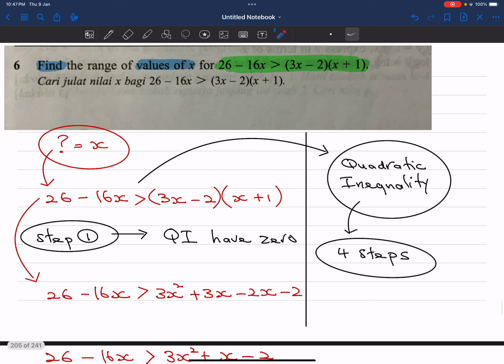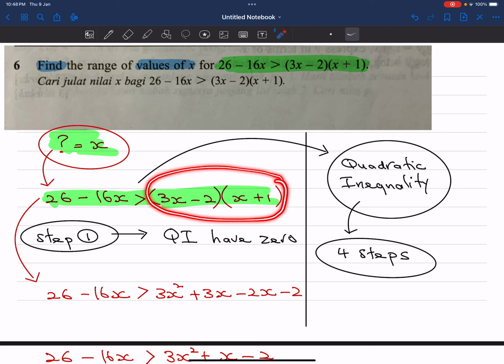Topic, Quadratic Inequalities. Find the range of values of x. So find the value of x for the expression 26 minus 16x more than brackets 3x minus 2 brackets x plus 1. So as usual, we start from what they ask. They're asking x. I'm going to the expression which is involving x. And if you notice,